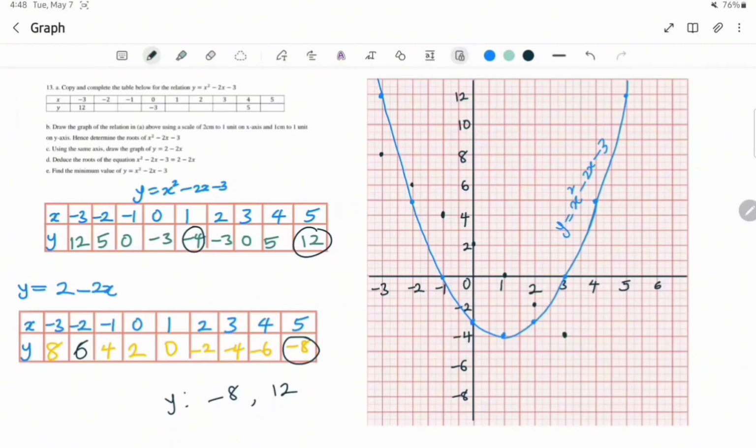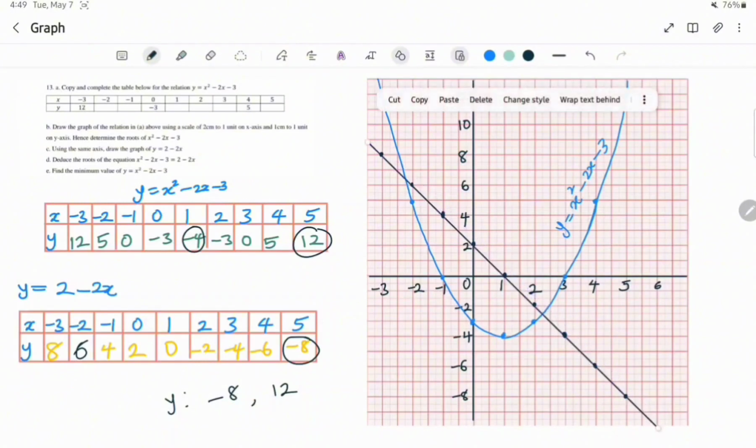When x is 4, y is negative 6. And lastly, when x is 5, y is negative 8, which is this. Now, you can see that this is even a linear graph. So I'm going to join the points. I have joined the points, and this is the graph of